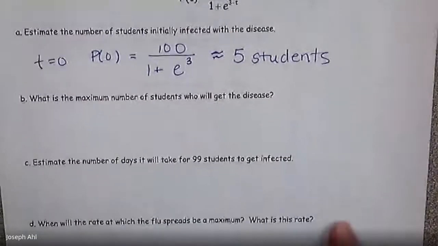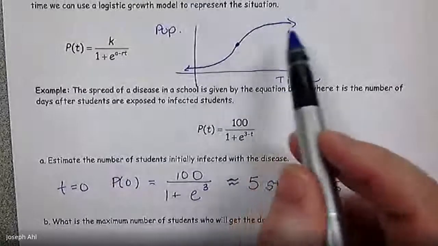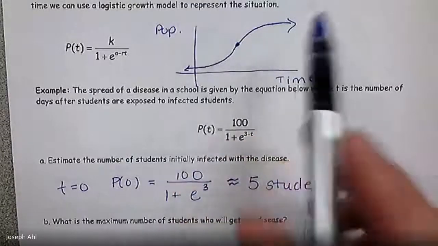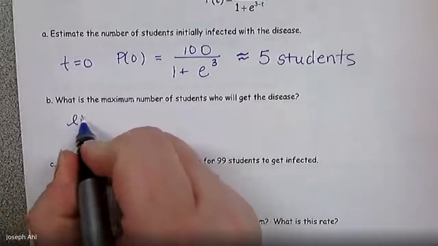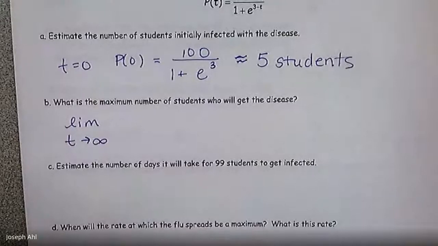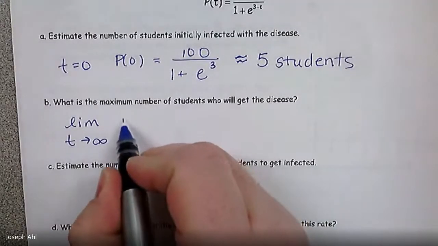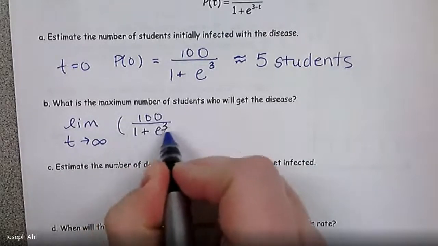All right, part B, what is the maximum number of students who will get the disease? So the maximum number of students can be calculated because, again, we have this kind of upper limit. There's actually a horizontal asymptote up here that the graph would be approaching. So if you take the limit as time goes to infinity of your function 100 over 1 plus e to the 3 minus t,